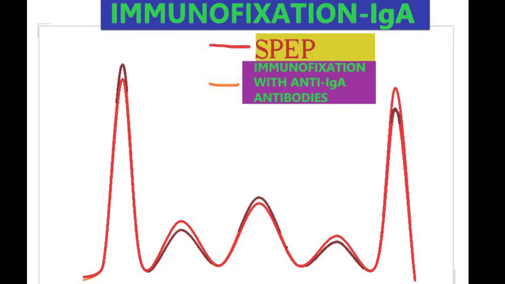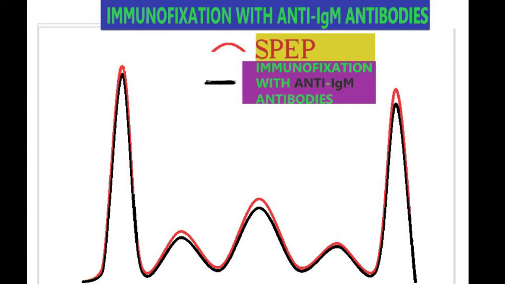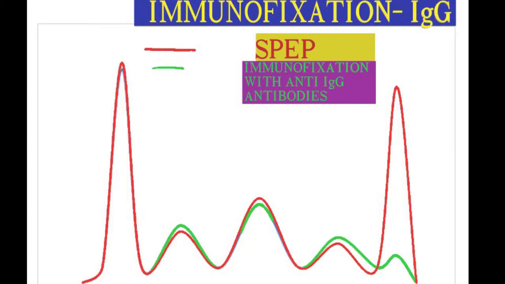We have to do an immunofixation. Immunofixation is simple, just like electrophoresis. We have to add antisera to these antibodies. Normally, antisera to IgA antibodies, antisera to IgM antibodies, antisera to IgG antibodies, and antisera to lambda and kappa. The antisera will attach to the particular antibody and it will stop the movement of the electrophoresis technique. Then we will get different results. From the immunofixation, we will come to know which antibodies are produced with the light chain levels.